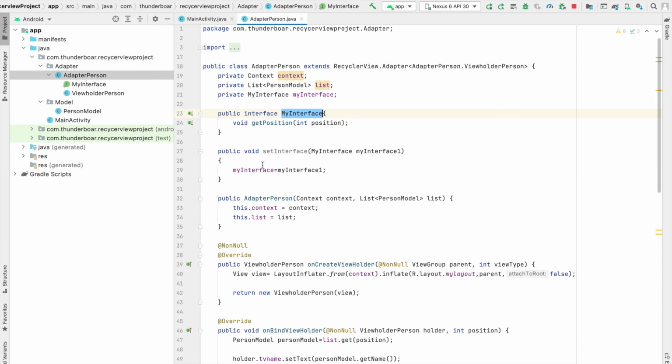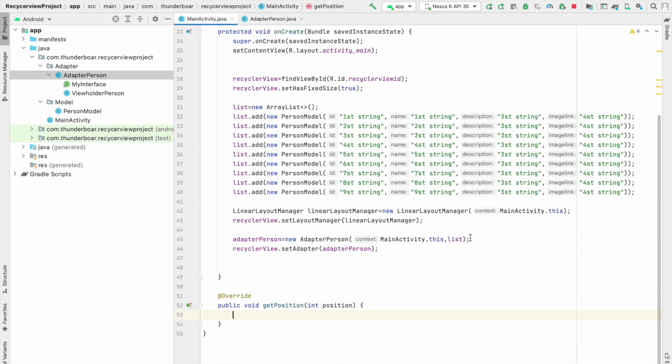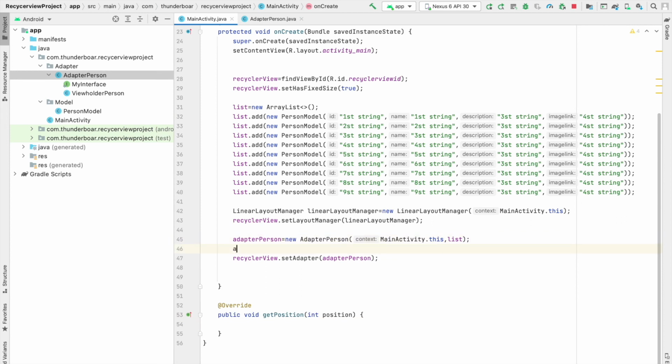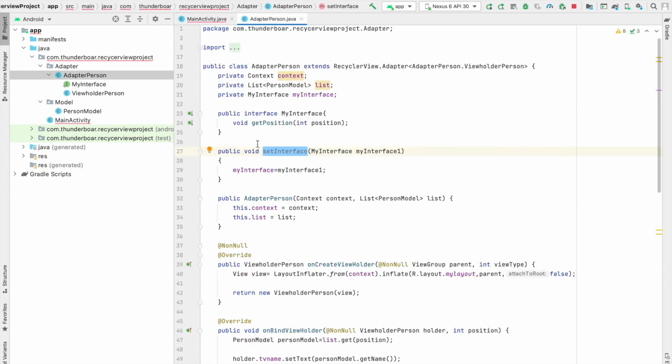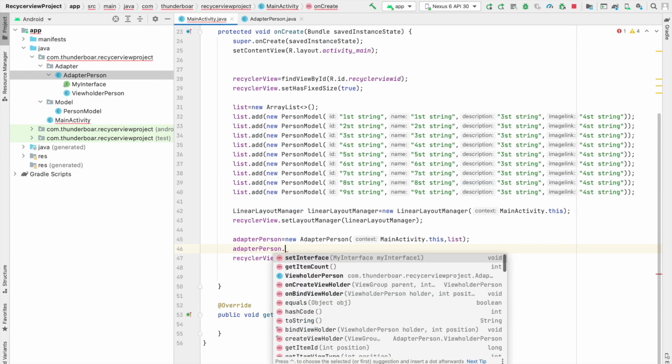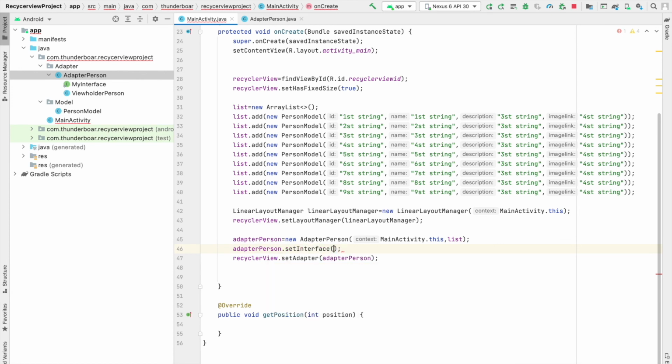You can see I created one public method to set a listener here. So in order to use that one, I call the adapter person. This is a public method, so it means I can access it from the outside. I just get setInterface. Here I can pass this class context. I just give this context.